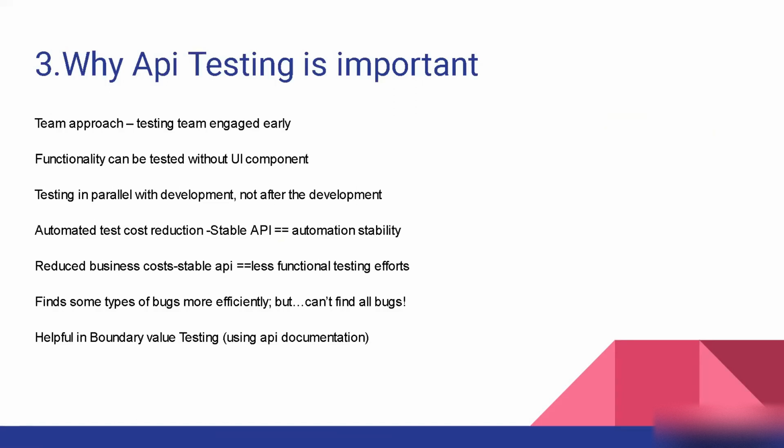Okay, why is API testing important? We know about APIs now. We know how API data is transferred from one system to another system. Why is API testing important? For UI, you have to wait for the UI developer to finish the UI and then do the mapping between the UI and your backend layer. But a backend developer can create APIs without the need of UI, right? And once you have the API, the testing team can engage early. They can test the logic and give all the issues to developers or stakeholders much faster.